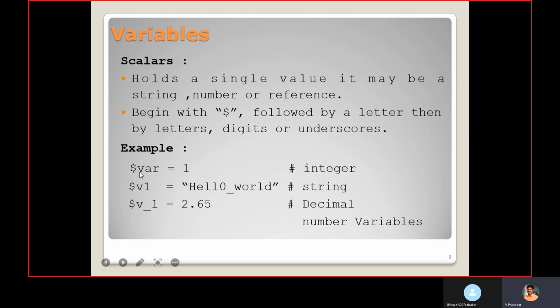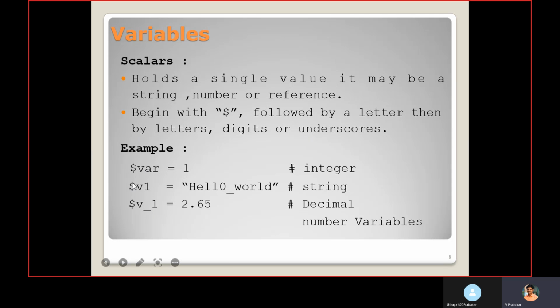After this dollar, you should give a letter, followed by letter, digit, or underscore. The first thing should be a letter. After that, you can give a digit or underscore like this.